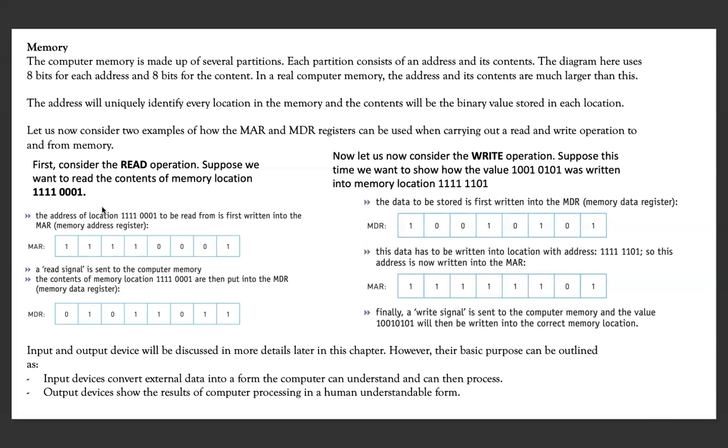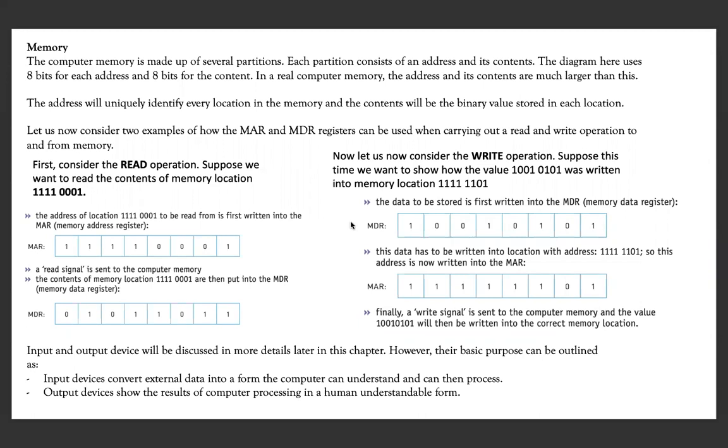So this is how the read operation takes place. First, I need to know where data is to be read from, so the MAR will have that address. Secondly, how can I be sure it's actually a read operation that's carried out? Well, a read signal is being sent out. This read signal causes the contents of this memory location to be accessed and brought into the MDR. That's how the contents of this address location are brought into the MDR.